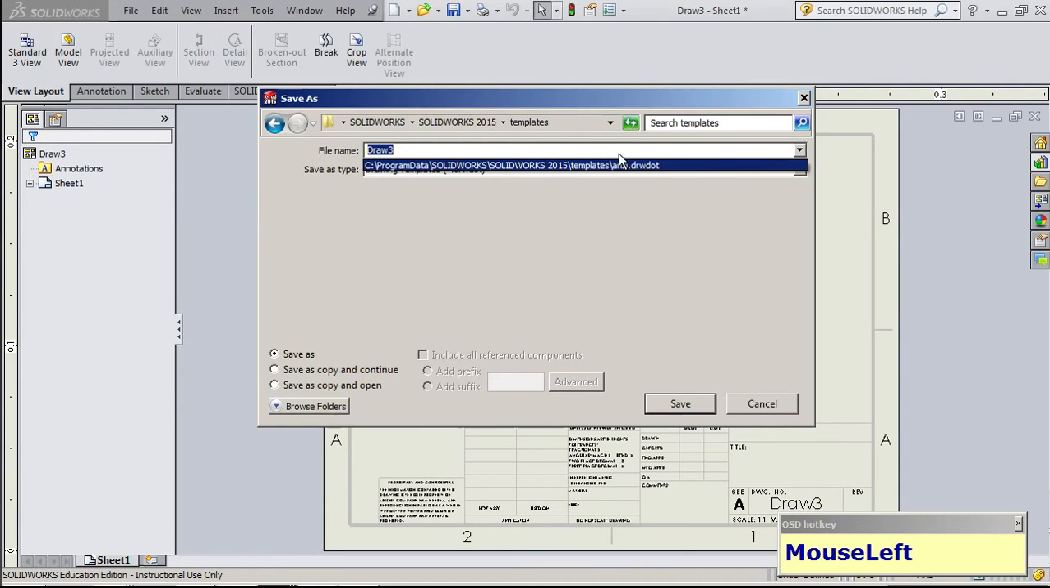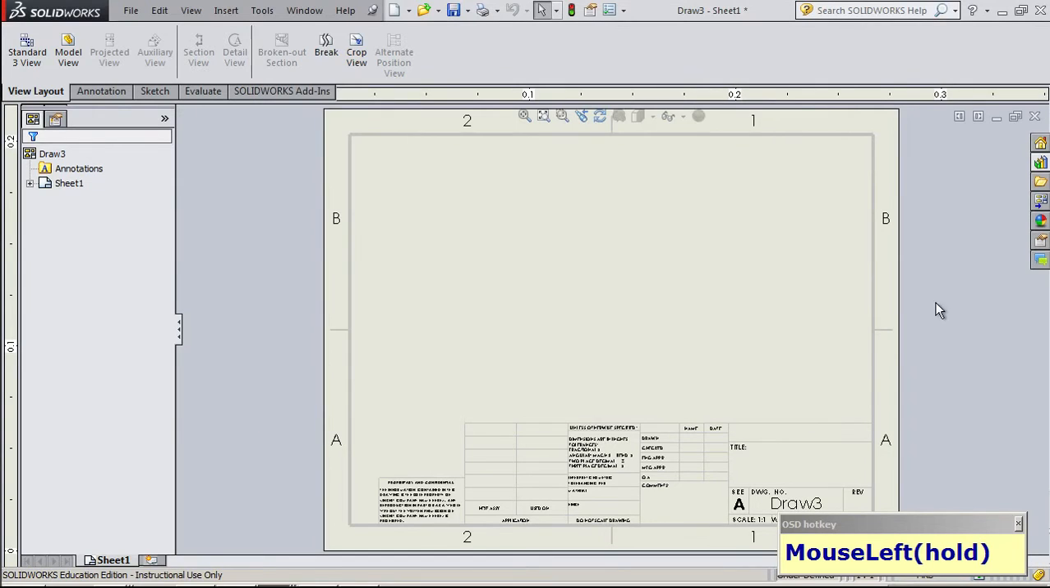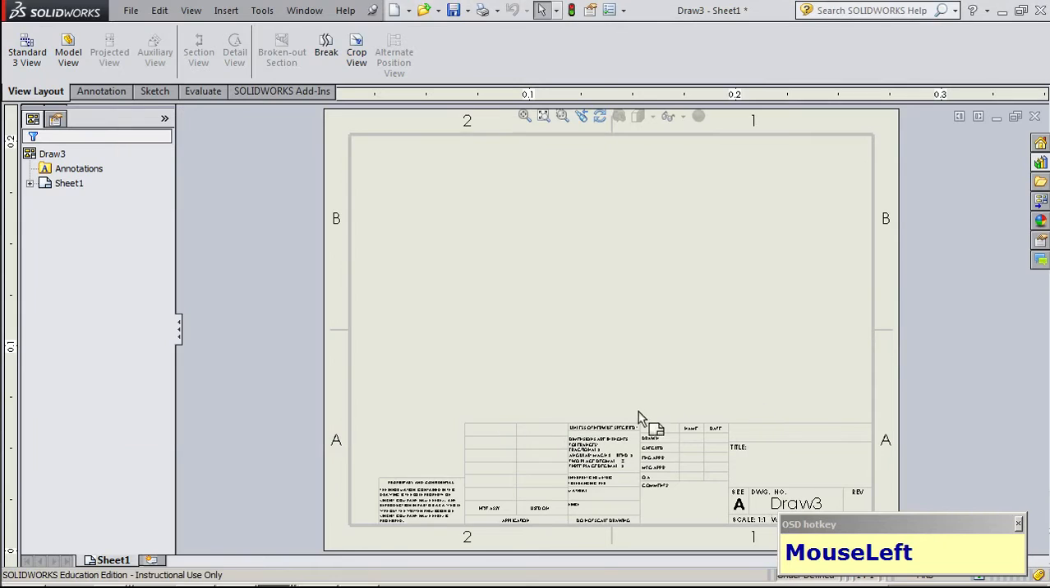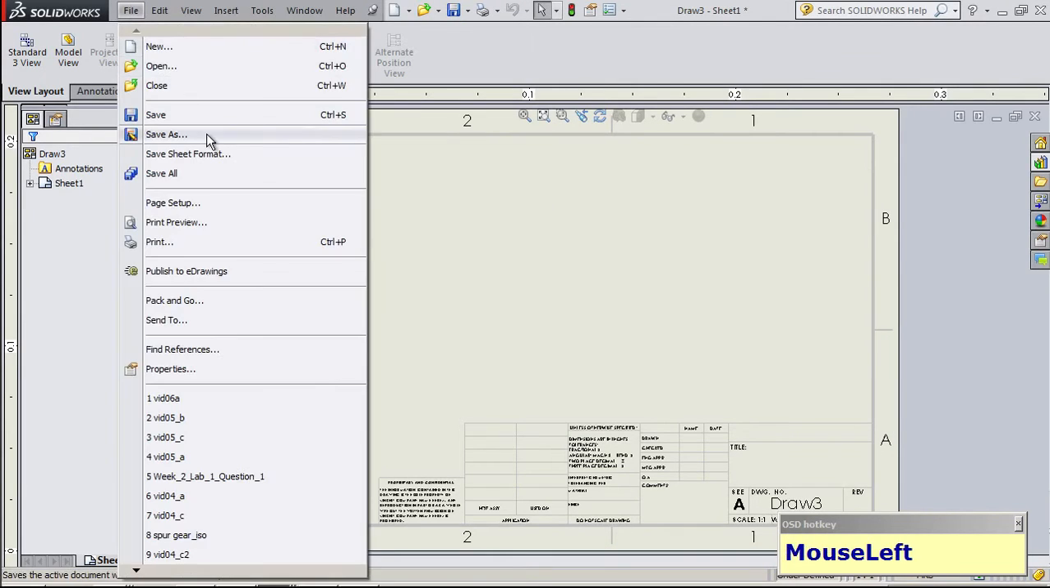I already have an ANSI template that I saved for myself, and that's why when I do Control N, I have this additional ANSI template that shows up. My ANSI template here is actually in portrait mode. That is fine. Maybe I can save this as an ANSI landscape. So let's do that. I'm going to go File, Save As,